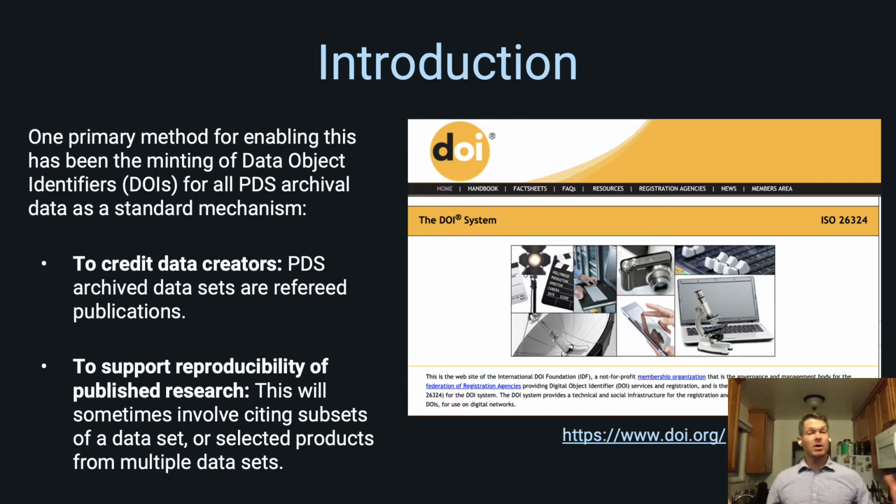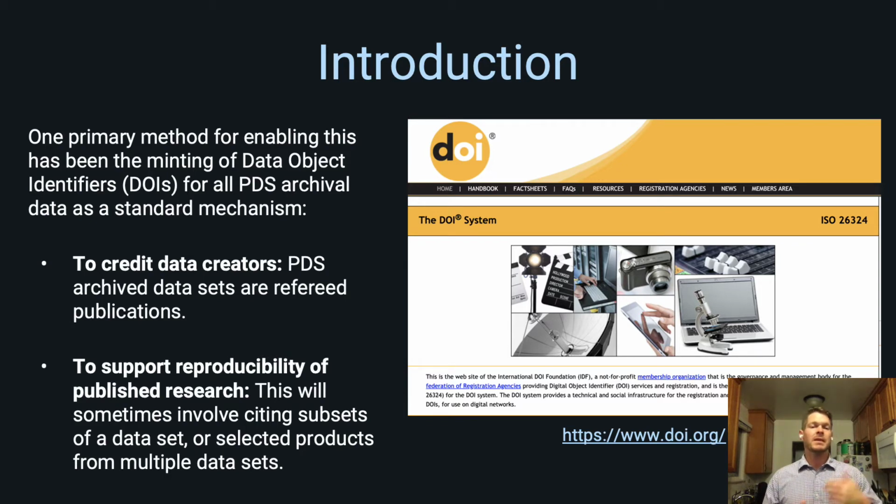As a follow-on to the PDS-4 architecture, we have data object identifiers. Data object identifiers are the system of providing a unique identifier for products or for data. PDS has its own unique identifiers, but we also have them attributed to these DOIs. And the primary rationale for minting DOIs for PDS